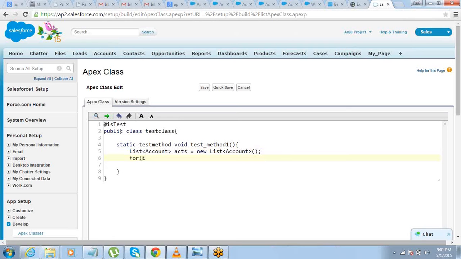For i equals 0, i less than 200, i plus plus, account a equals new account, name equals i.